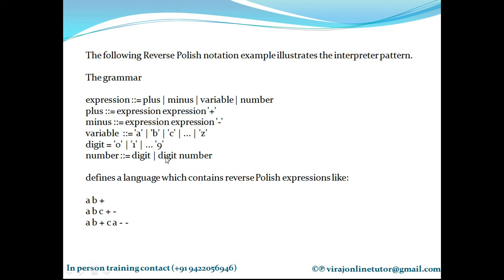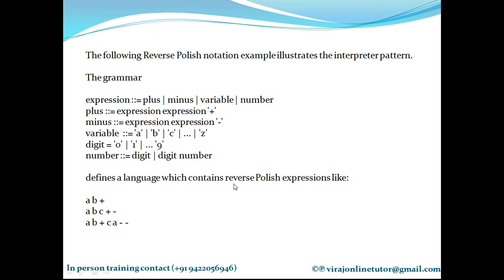Number is digit followed by a number. So digit, I am substituting it with 1. So 1 comes in place of the first digit. This number is replaced with a digit because number is again a digit. And digit, I am replacing it with 9. So 19 is also a number.